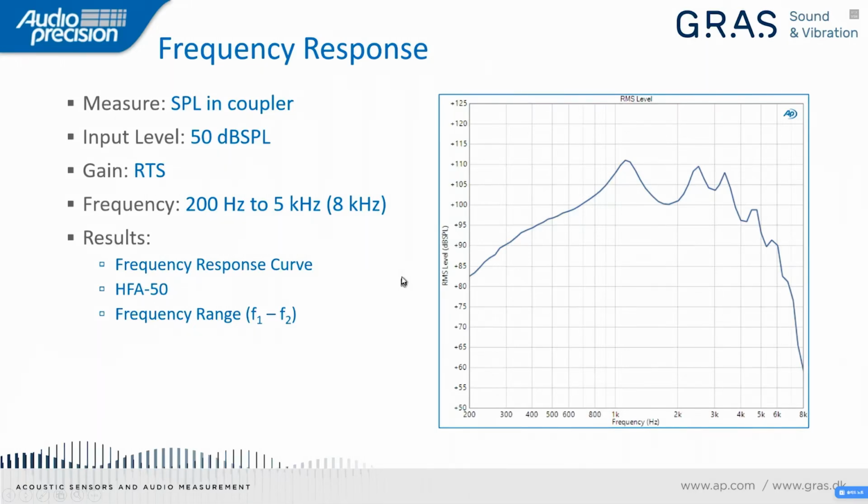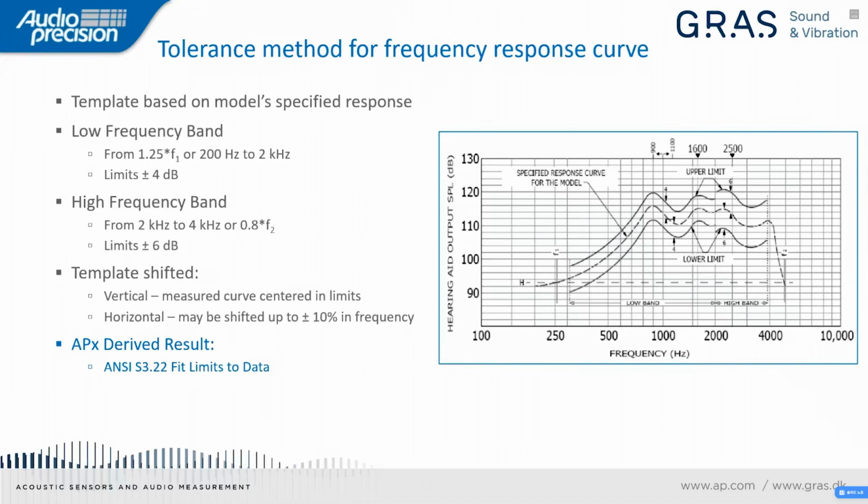Another important measurement as part of this basic frequency response curve is the tolerance method, and this is specified in both the ANSI and the IEC Part 7 standard. So this is based on the response for a model representing the product, and the limits are constructed based on that model. So we have a low frequency range, which extends from